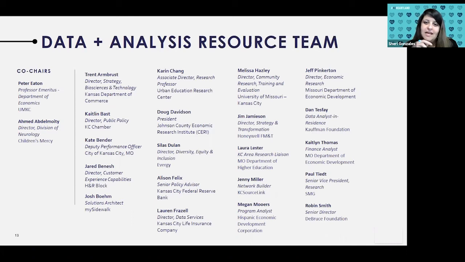Like, so if we get ideas about what data we want, who's going to actually make sure that we get the data points, that they're updated regularly, they're put into some kind of cohesive structure, right? And so this group, the data and analysis resource team, are what we would consider sort of experts doing this work in the community, but they're really there as a resource, right, for what we gather from the community. So if you go to the next slide,